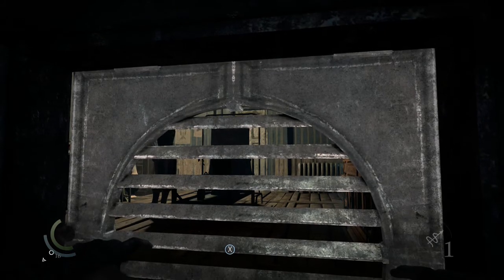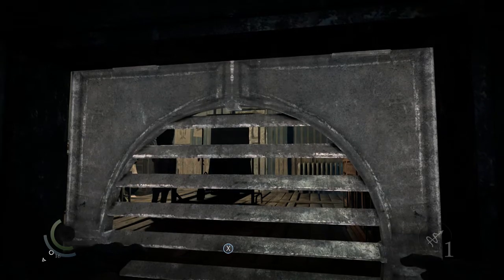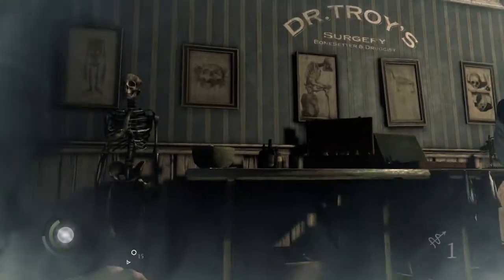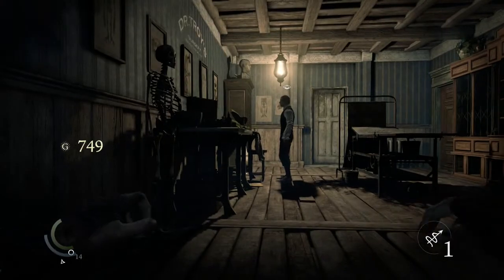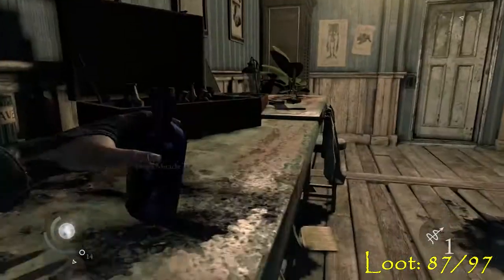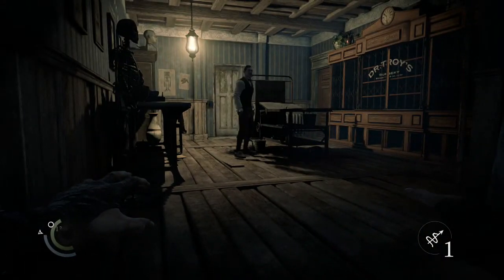Watch Hector very carefully, not Hector, I'm sorry, Troy. Watch Troy very carefully through the grate until he turns away from you, and then come out and stay behind him until he moves on again, and that will give you just enough time to grab the first of the 3 pieces of loot on his desk. You can see he noticed a little bit that you were there, but not much, and when he turns away again, you can grab the quest item, which is the